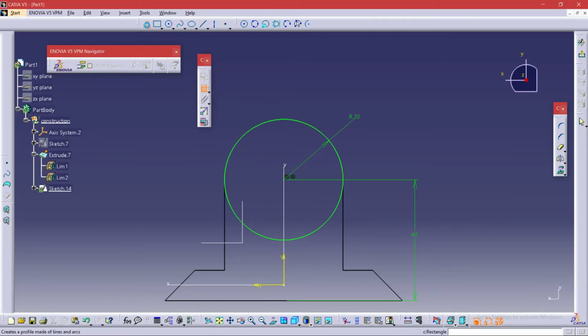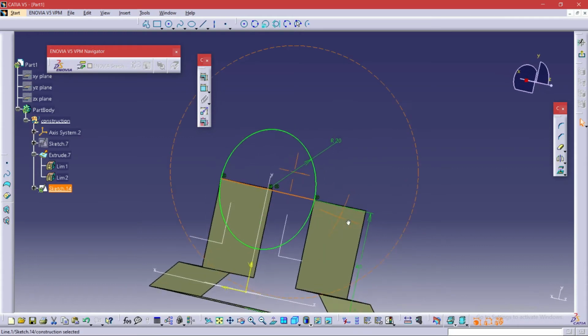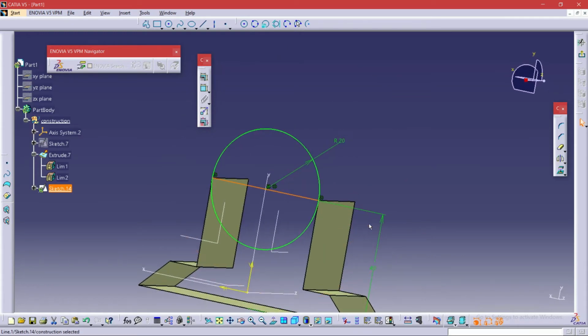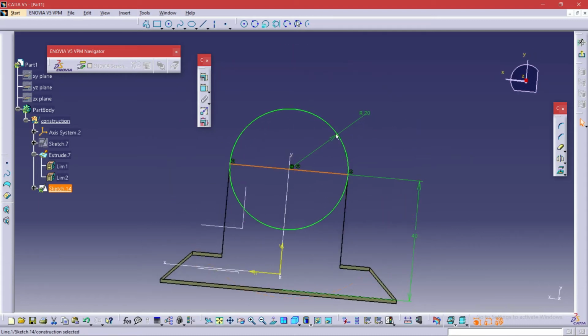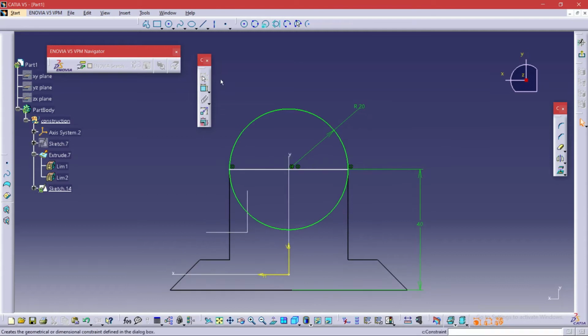The first constraint I'm going to use is coincident, so that it should not deviate from the center axis and it has to be in the middle itself. Carefully define the distance from the center to the base so that it should not get away from the exact location. After doing all this, we need a half section. For that, I'm going to put one line, that is basically a diameter, in the circle. You can visualize the object very clearly if I tilt it a little bit. This is just the simplest part.